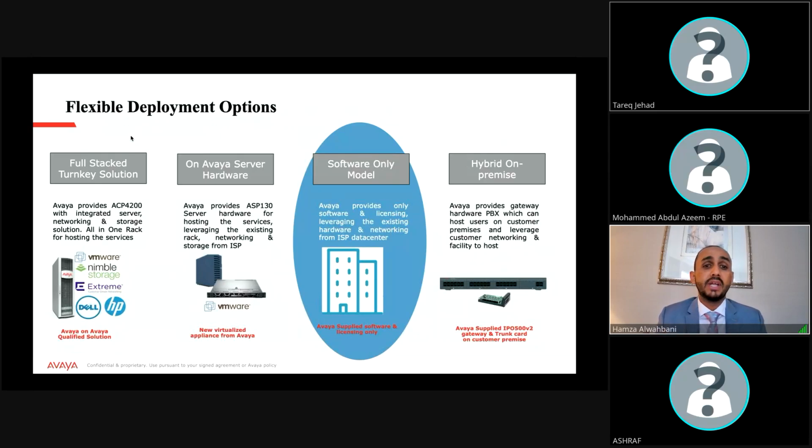Regarding the deployment, today Avaya is not asking you as a partner to only buy Avaya servers. You can use your own server, the customer's servers, or a virtual machine or any storage. If you have storage on the cloud, on Amazon or Microsoft Azure, you can use that storage to install IP Office. The only mandatory module is if the solution is hybrid.